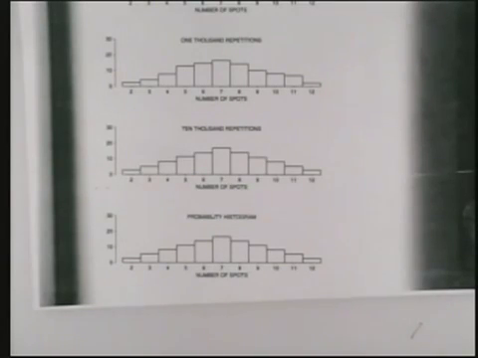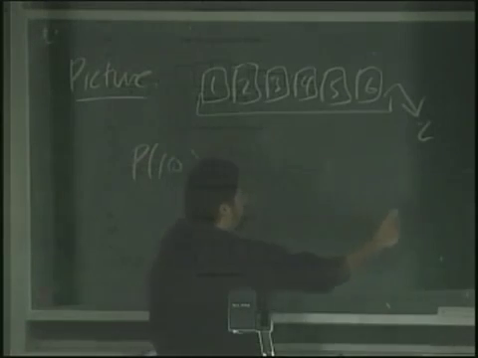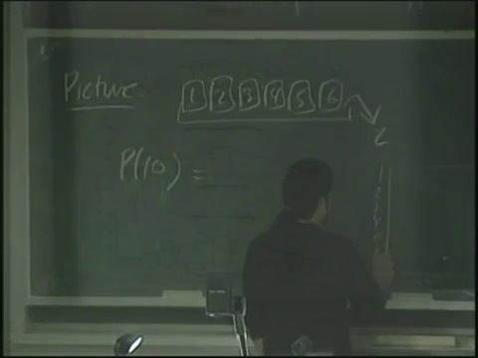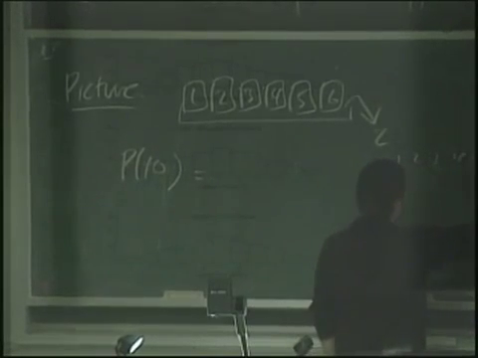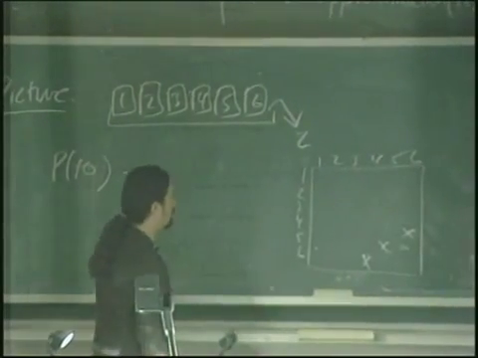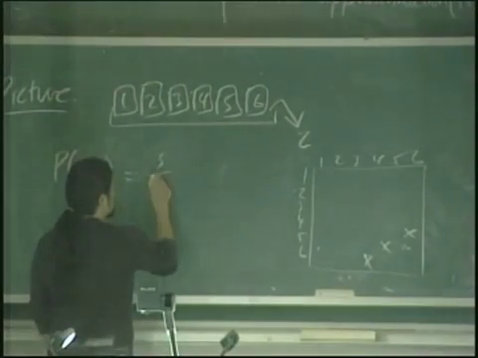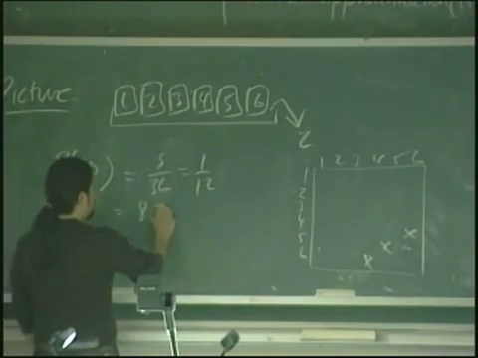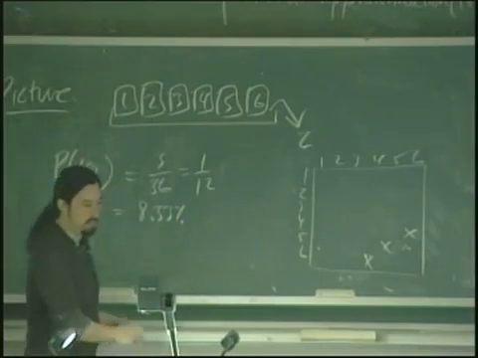Okay, so maybe I'll calculate one of those just for fun. Let's find the probability of getting a 10. If we think about drawing a grid, 1, 2, 3, 4, 5, 6 by 1, 2, 3, 4, 5, 6, then 6 and 4, 5 and 5, or 4 and 6 gives us 3 out of 36, which is 1/12. As a probability, that's 8.33%. Okay, so let's see if we believe that.